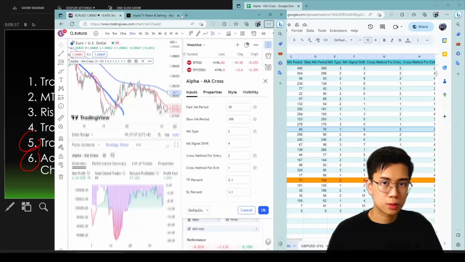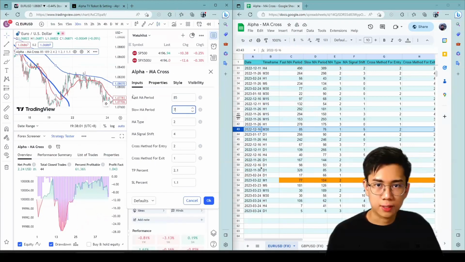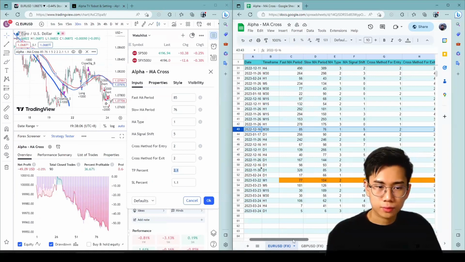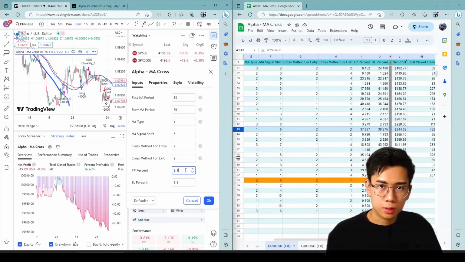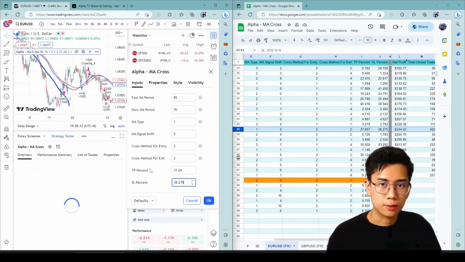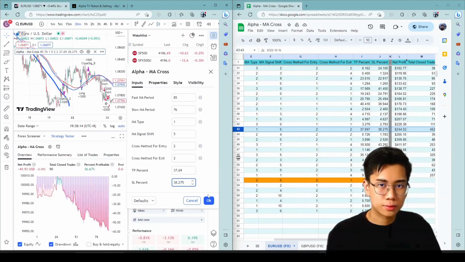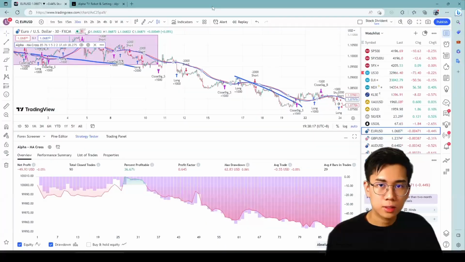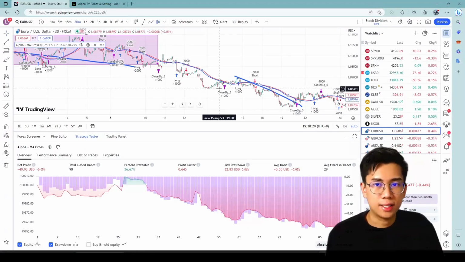So the skin again, 85, 76, 152, 2, 37.69, 38.275. Okay. Of course, the later the settings, the more outdated it is, hence it will end up in the